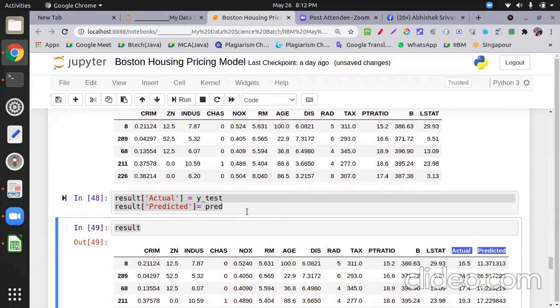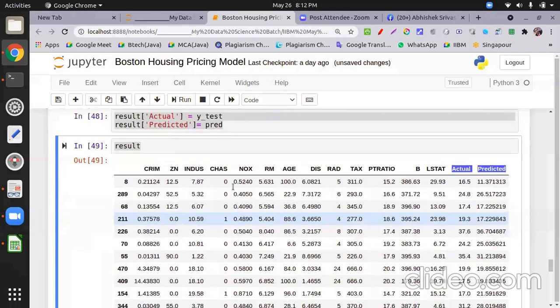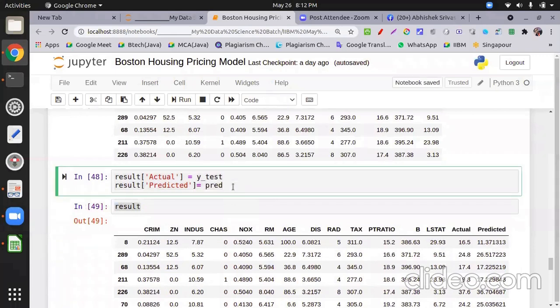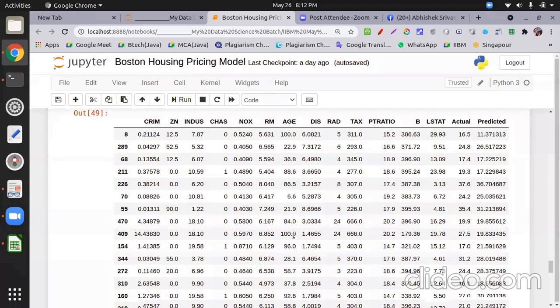Some rows go into test and some rows go into train, so it is a little bit different. It will change, but there is no specific number.